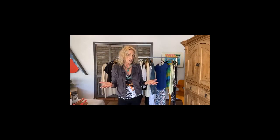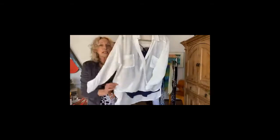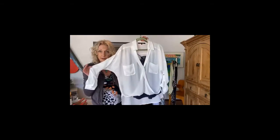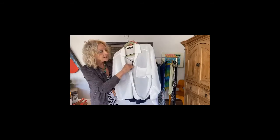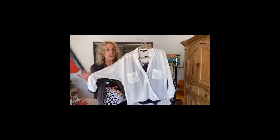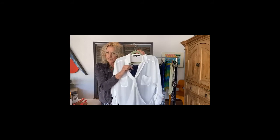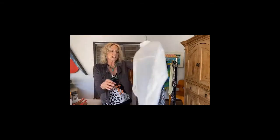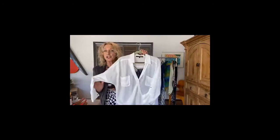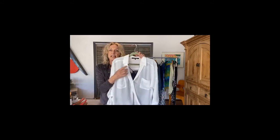The next tip that I have has to do with a sheer blouse. Now, some of us feel a little self-conscious about wearing a sheer blouse, but they're really beautiful. So here's what I do. This is a very sheer blouse, and what I do is I tuck a beautiful lacy camisole under the sheer blouse, let the color show through, make this a really dramatic color for you, whatever your favorite color is. That color is going to come through. It's going to give you the coverage that you want, but again, it's just a real sexy, silky camisole under